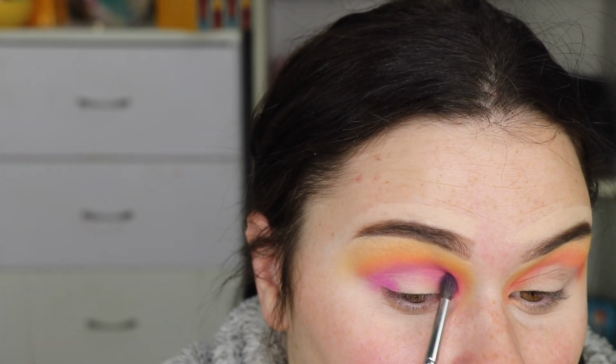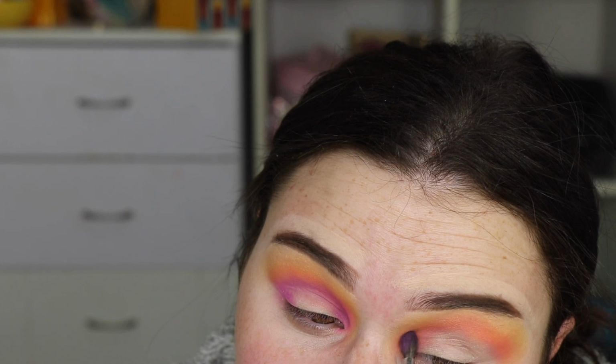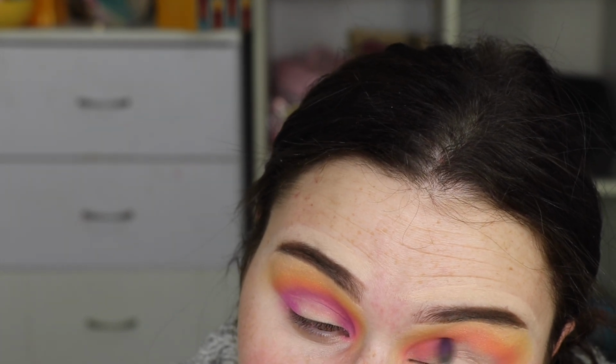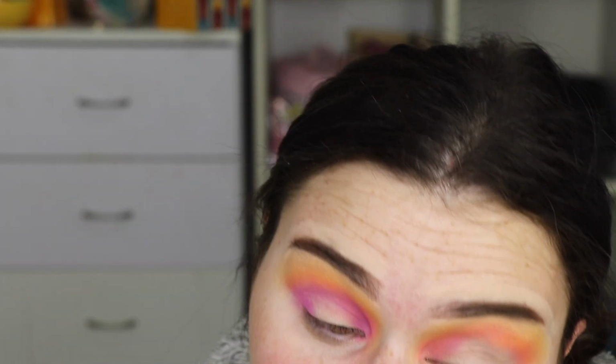Should we do a halo eye? I was going to do a cut crease, but I feel like this will be a cute little halo eye actually. So I think that's what we're going to do. These shades are obviously very pigmented, but they're quite, I don't want to say weak, no, I know, soft. They're very soft shades,